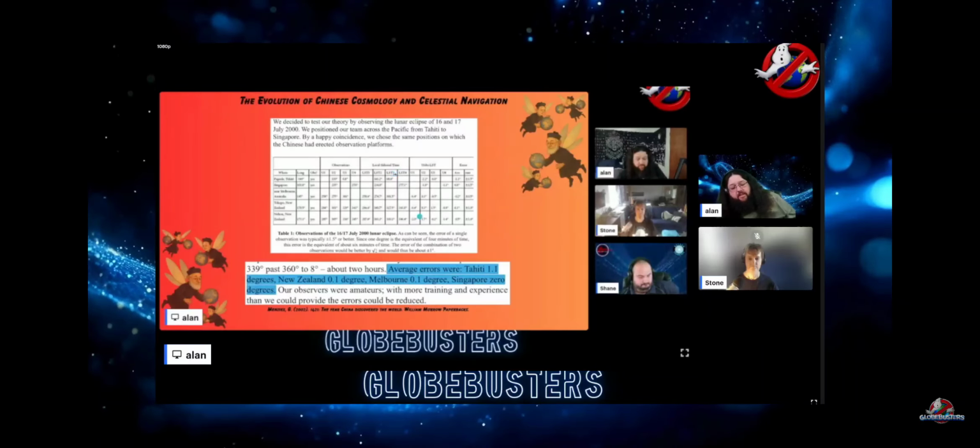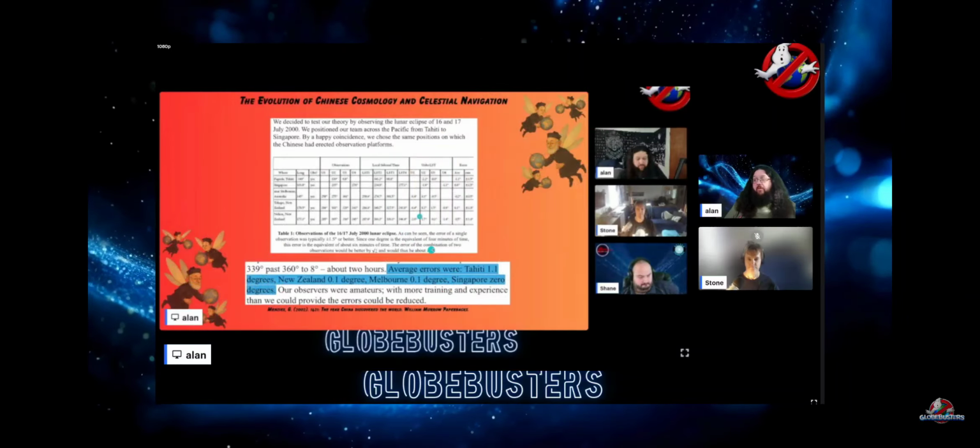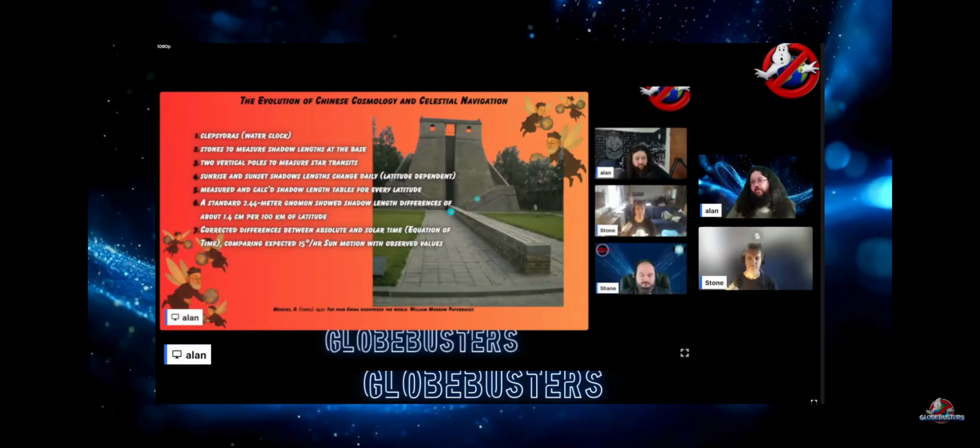That's well within the margin of error for celestial navigation. So it still works and is an accurate way of determining your longitude if you have the proper references set up. Again, remember, this was all set up prior to the heliocentric model and globe Earth being introduced by the Jesuits in the 1600s. This all took place